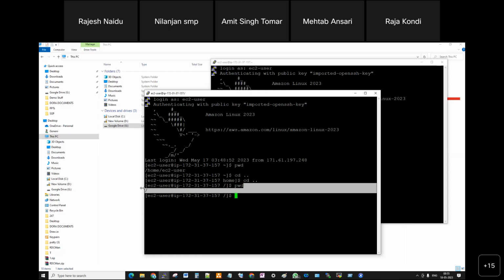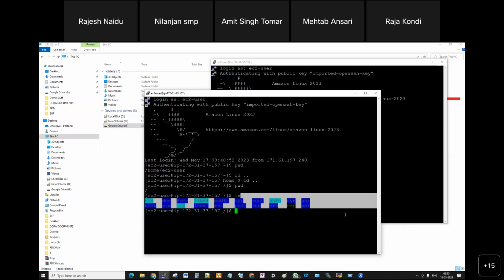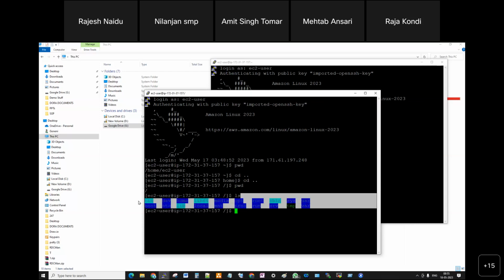You are in the root directory. Well and good. So what information is available in this root directory? We can check that. Type ls, the list command, and hit enter. So these are the files and directories available in the root section.